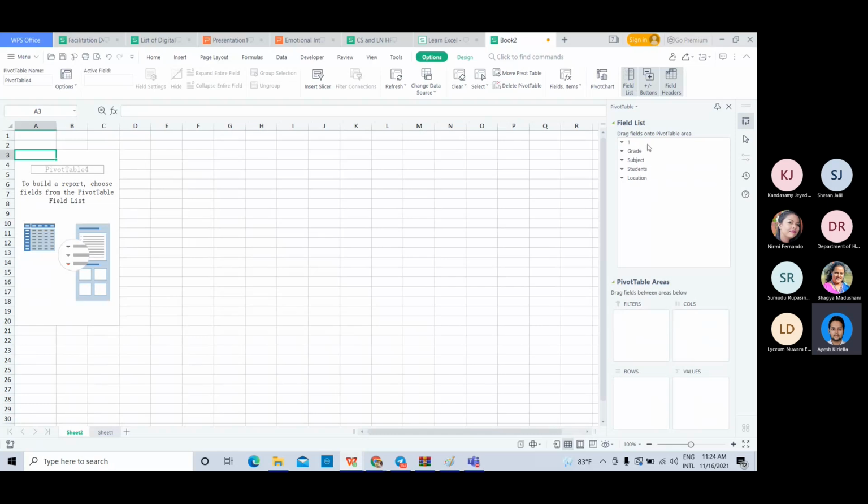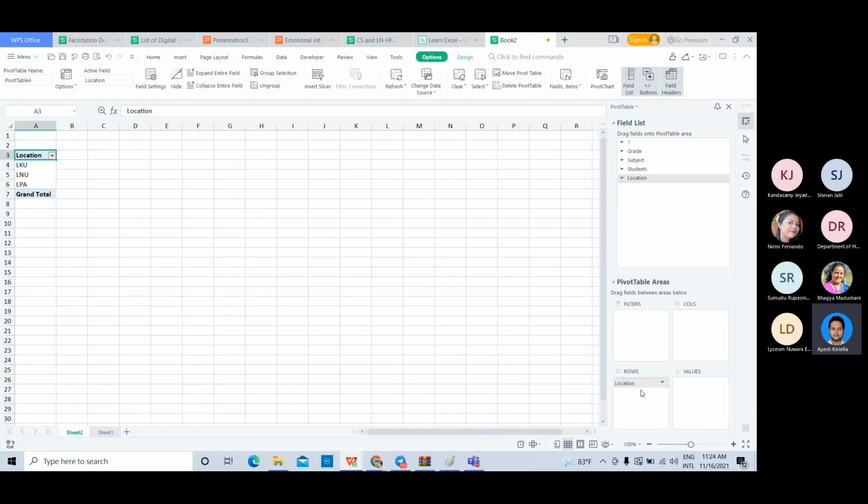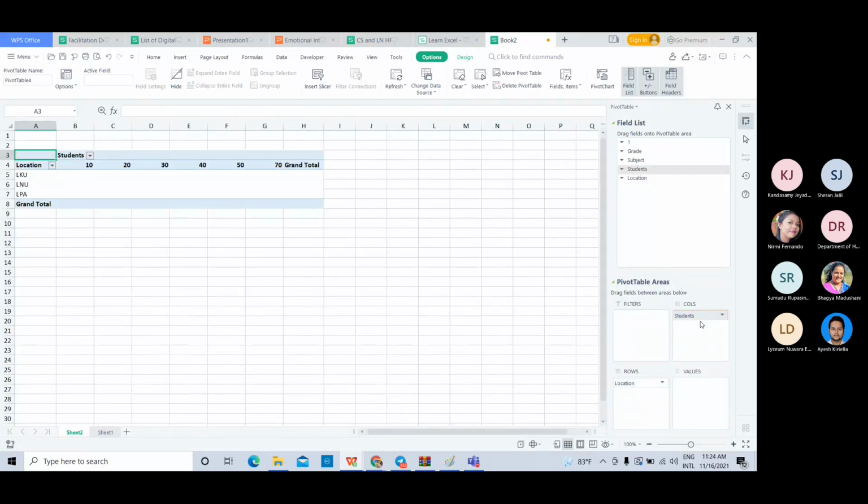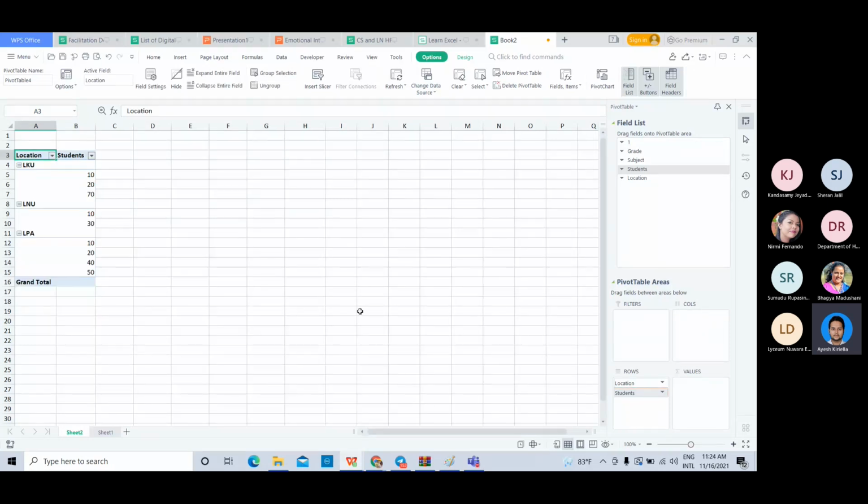So you select the location, double click, drag and drop. You can drag and drop it to the rows here. Okay, so you can see the three locations that we have in that sheet. Into the columns, you drag and drop the students. Then, you drag and drop the students into the rows again. Then you can see,